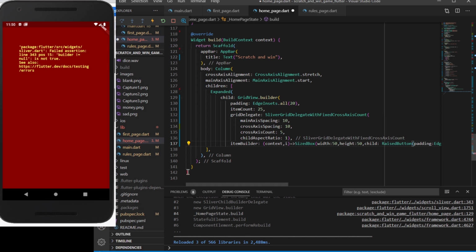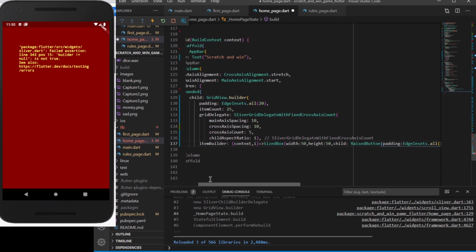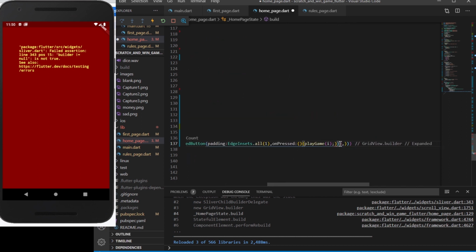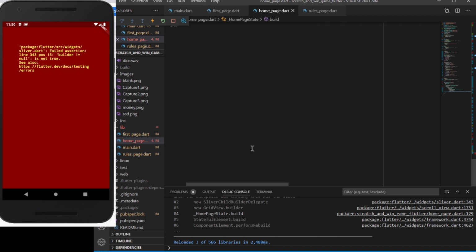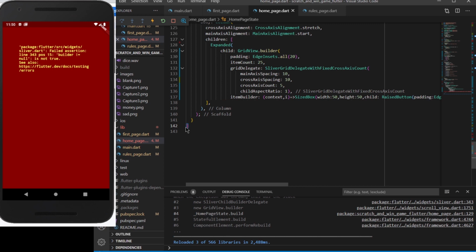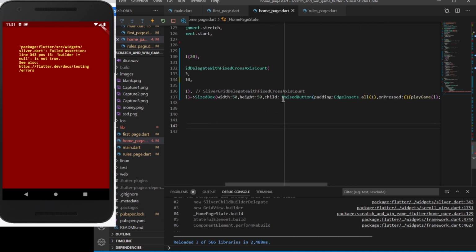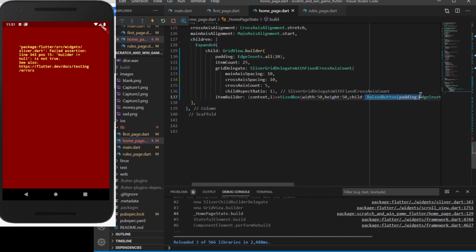Here also it is showing an error. Let's see what it is saying. Something has been deleted here. Gridview.builder expanded. The purple. Let's delete this raised button and head back to